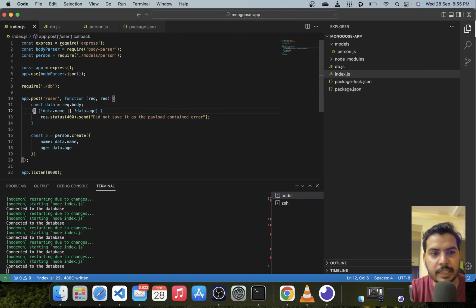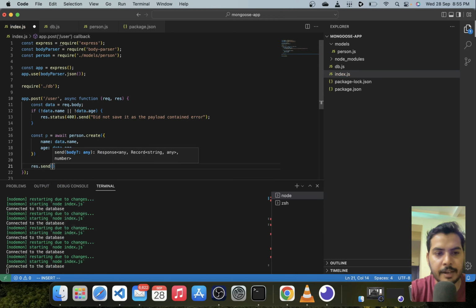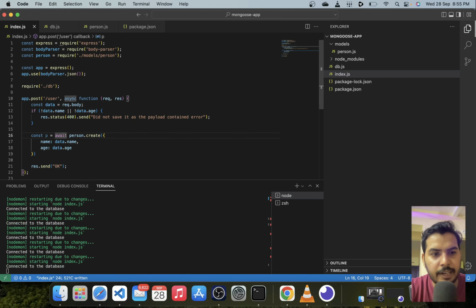So I'm going to use the async await notation because that's what we have used elsewhere. So I will convert this function into an async function so that I can use an await over here, and then I can return response.send, and then okay, I can send this response. And basically I do not need this P thing. In case I want to, I can do that.